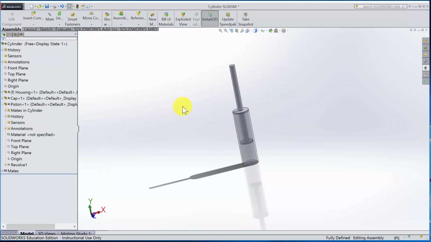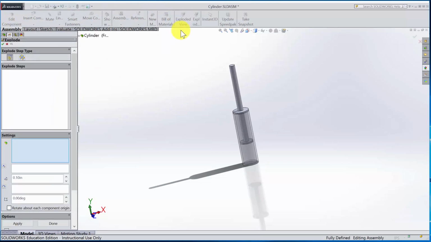One other configuration that's very useful is the exploded view. And the exploded view is found just directly within the Assembly tab. There is an exploded view button. I'll click that button, and it's going to ask me what do I want to explode. And I'll click in the order of the way things ought to be removed. So one,